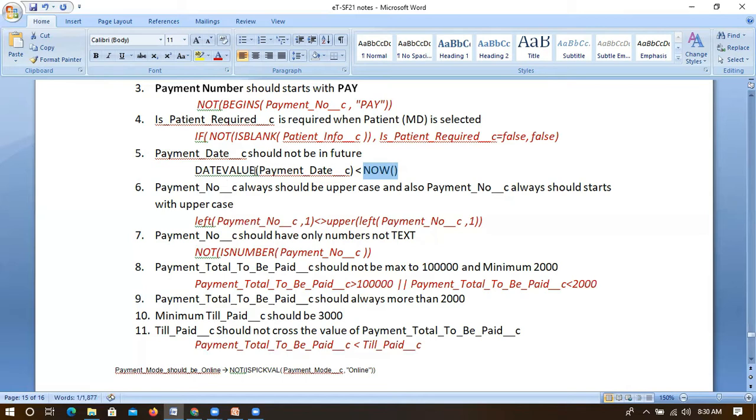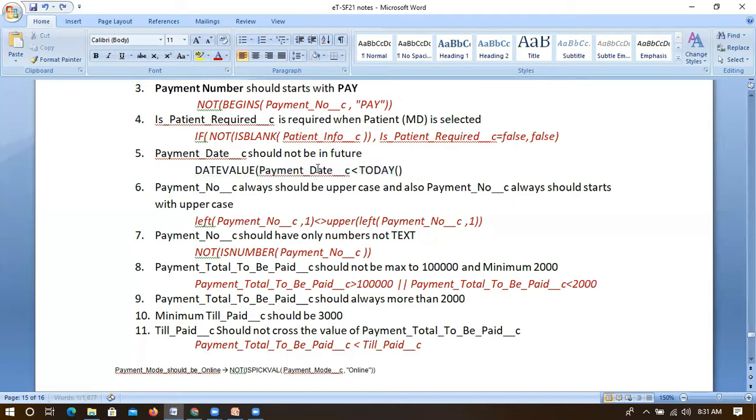In that case, if it is a date time format, then you have to convert it. Let's consider this is a date format, and now we have to convert this date to a date time value. It will convert this date to date time data type. Likewise, the left hand side and right hand side both should be the same. The data type should be the same, then only it will fire. Otherwise it will throw errors. So this is how we can check.